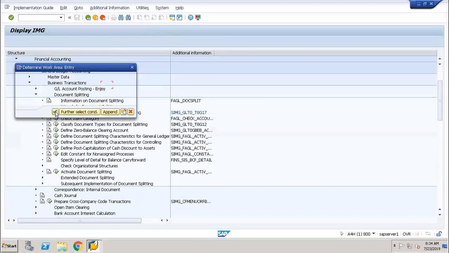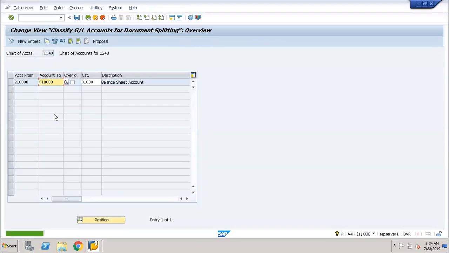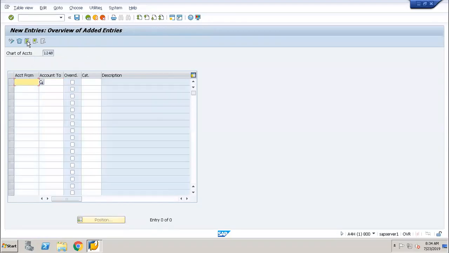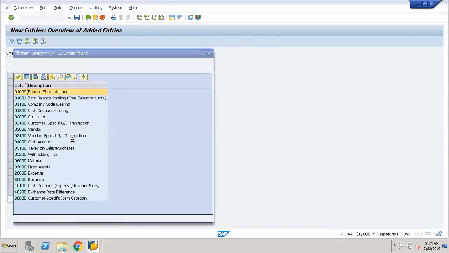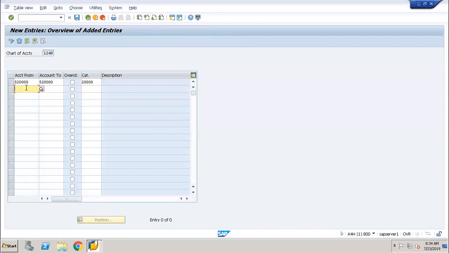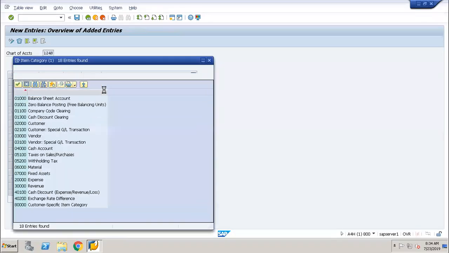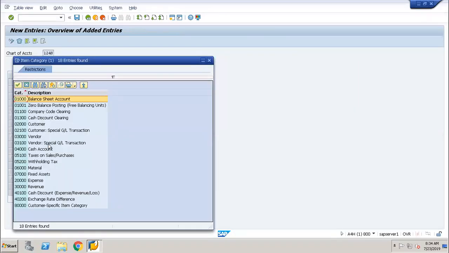Otherwise, again, we will see the error on 1,20,000 GL. We have got only one GL maintained over here. So new entry is 5,20,000. And here category, for all expenses we have a separate item category, expenses, and 1,20,000 is for bank, and for all the banks, say here, if you see